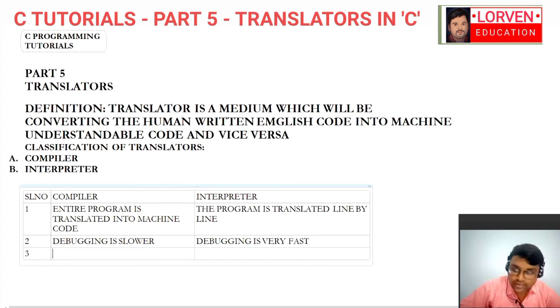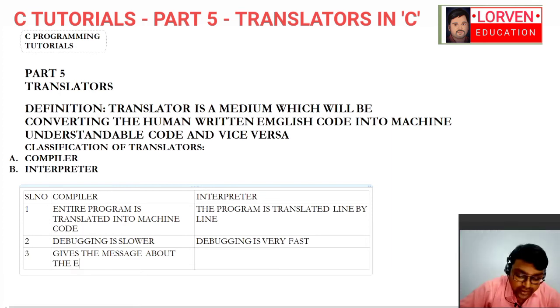That means it gives the message about the errors all at a time. This is the advantage we have in a compiler.